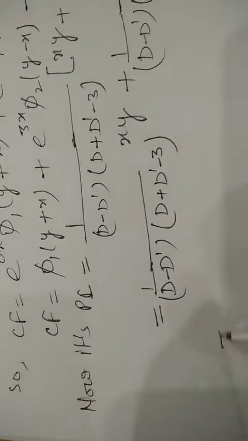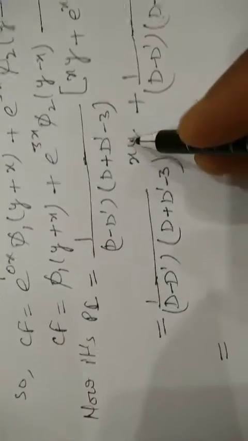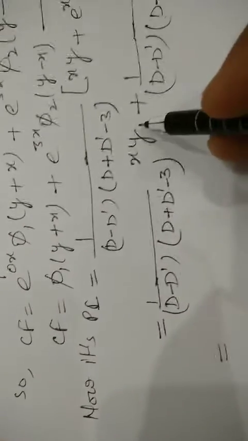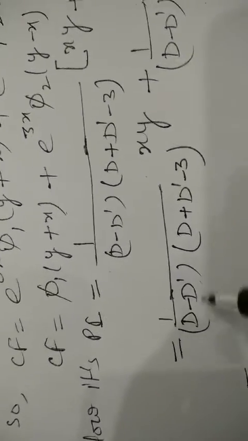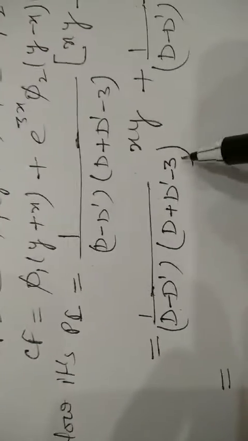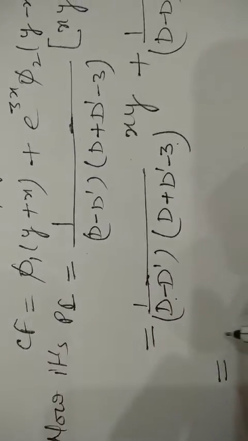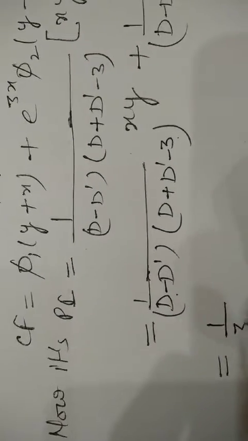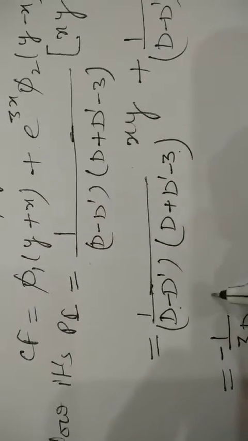Okay students, so now from here, as you know, this is the case of x to the power m, y to the power n. So by this way we can make the denominator as 1 plus something form. So now taking minus 3 common here, and taking D common here, 1 upon 3D taking common, so it becomes